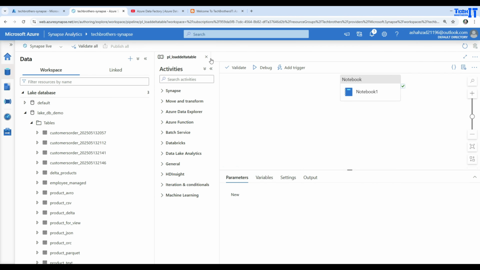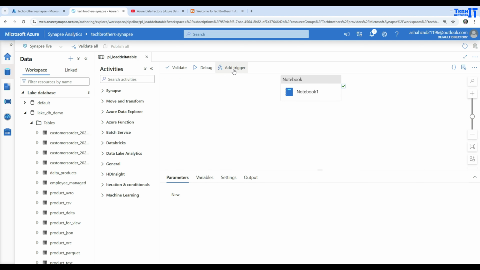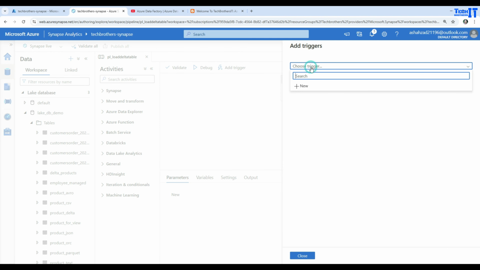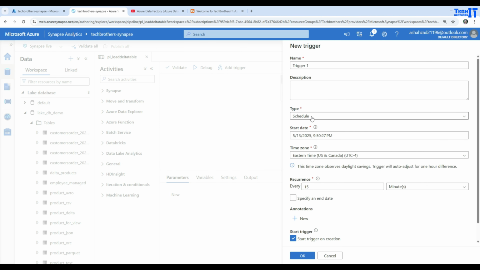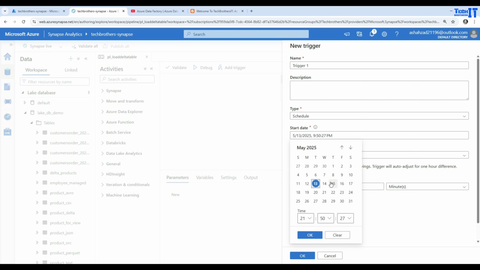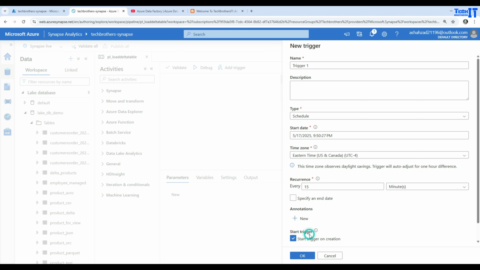Now, one thing I did not show you: once your pipeline is created, you can also schedule it. You can go to add trigger here, then new, and edit, and then here say new trigger, and then you can use schedule here. You can choose the start date. Let's say you want to start from a weekend or something like that. You can choose that, and also you can specify the time,